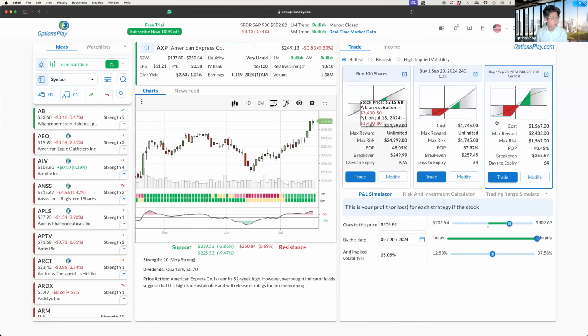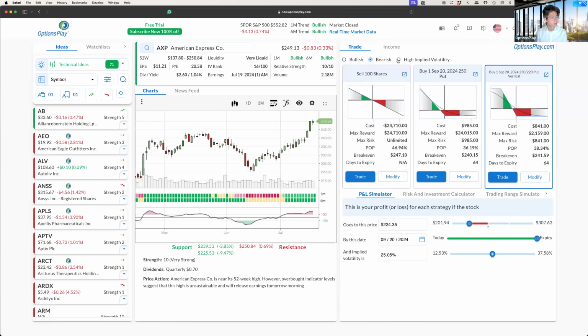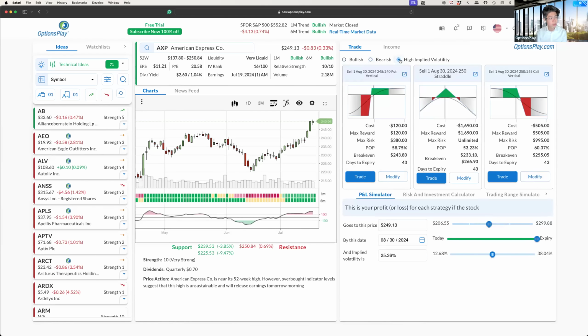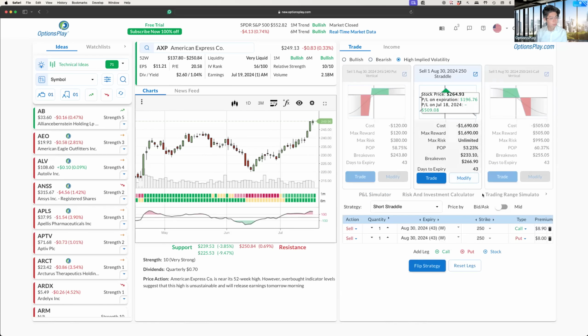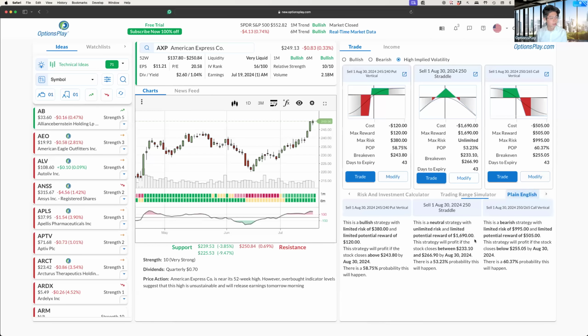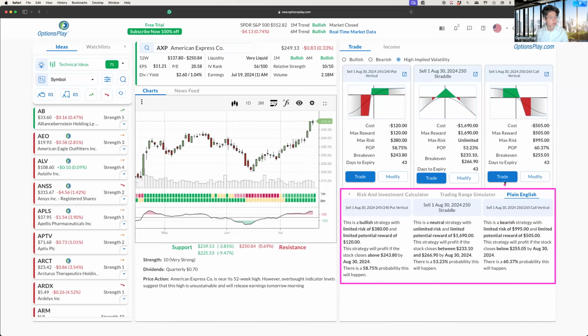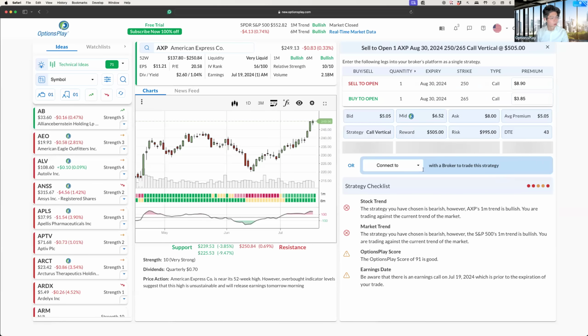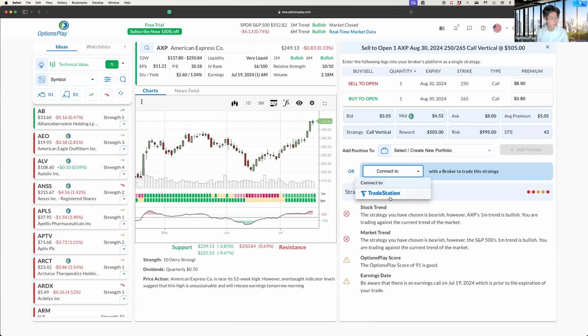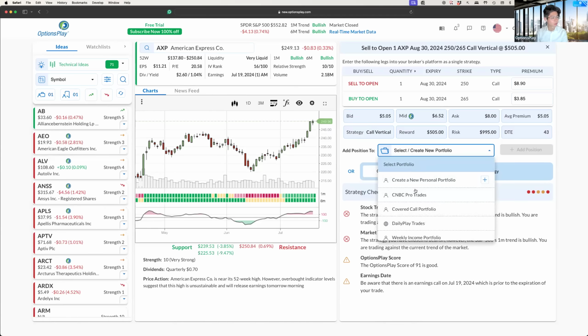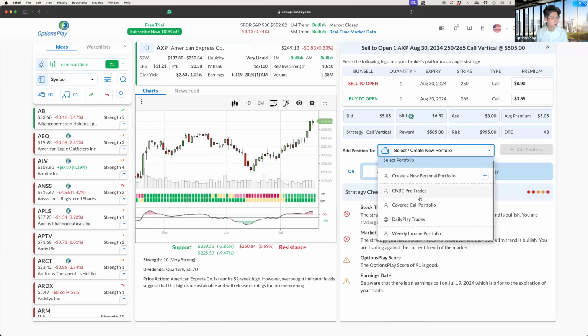So whether you're bullish on a stock, bearish, or neutral, we give you starting points so that you don't have to figure all that out for yourself, and then give you the underlying metrics to make your decisions and even explain things to you in plain English, so that you can understand these strategies better before you start executing them in your live account. Or, if you connect TradeStation, you can even do it in a paper trading account, or we even have paper trading designed into our